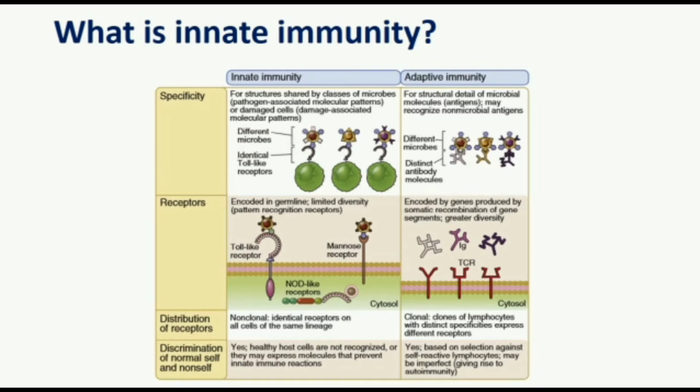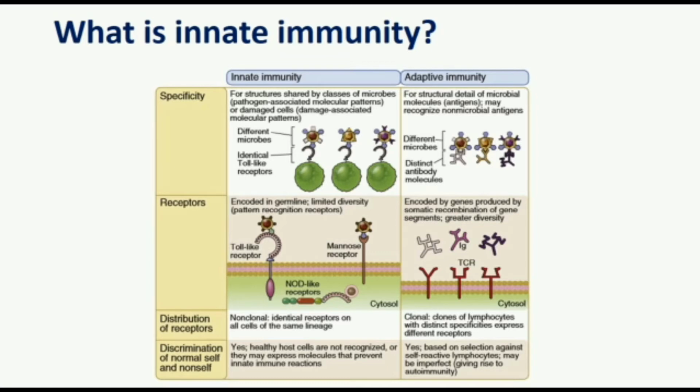Our innate immune system can recognize structures that are shared by various classes of microbes and are not present on normal host cells. Other than that, the components of innate immunity have evolved to recognize structures of microbes that are often essential for the survival and infectivity of these microbes. Also, it can recognize molecules which are released from damaged or necrotic host cells. There are some more features, like our innate arm receptors are encoded by inherited genes that are identical in all cells, and this doesn't react against the normal host. So these are some main features that I need to discuss with you under this slide.